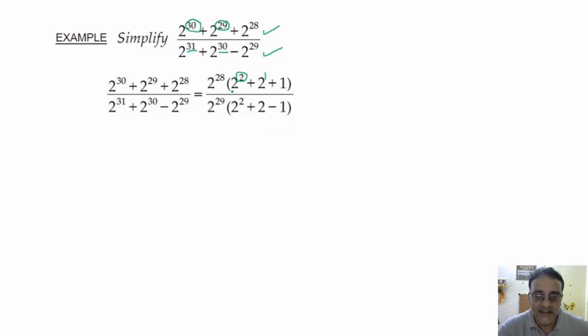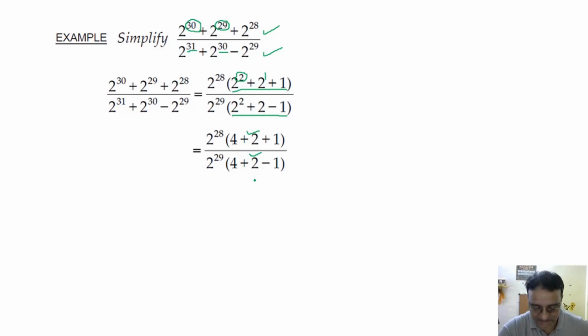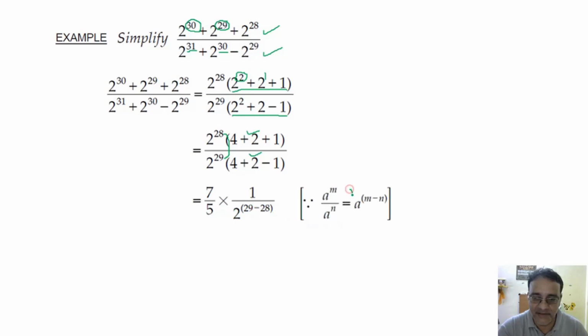Okay. Now see, this will become 4 plus 2 plus 1, and this will become 4 plus 2 minus 1. So what is the value of these two? 7 by 5. Okay. Now in the same step we will subtract these two, क्योंकि ये डिवीजन में है और नीचे वाला बड़ा है, इसलिए हम लोग यहाँ नीचे सब्ट्रैक्ट करेंगे. This property we have used, division one. So what is the final answer? You tell me.